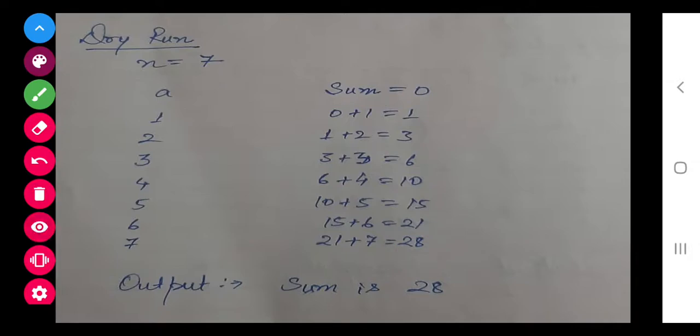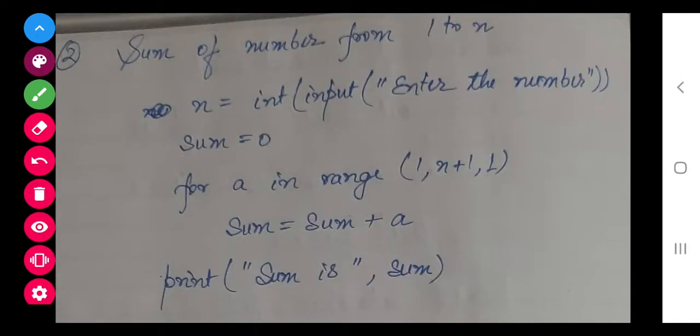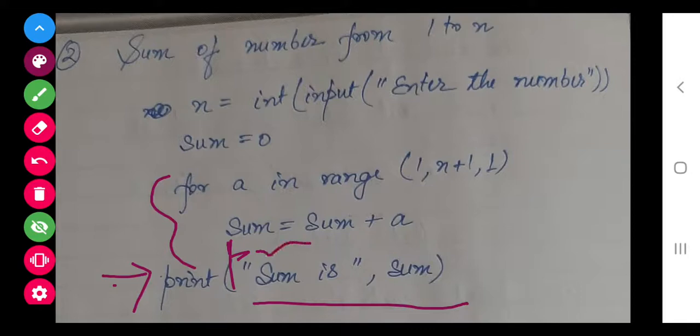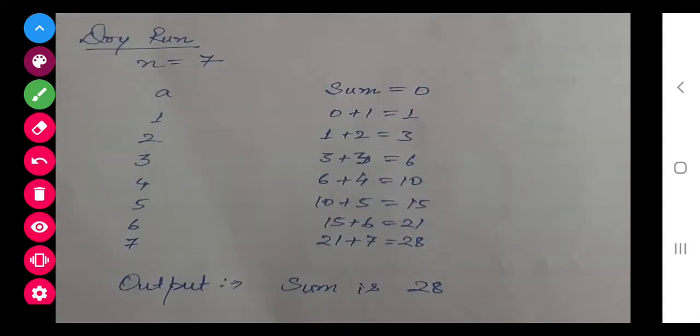Again here I have given this print statement outside the loop. This loop is finished here and this print statement is outside the loop. So at last it will display the result. If I give print inside the loop, then all these results will get displayed. You see this also, you try this also.